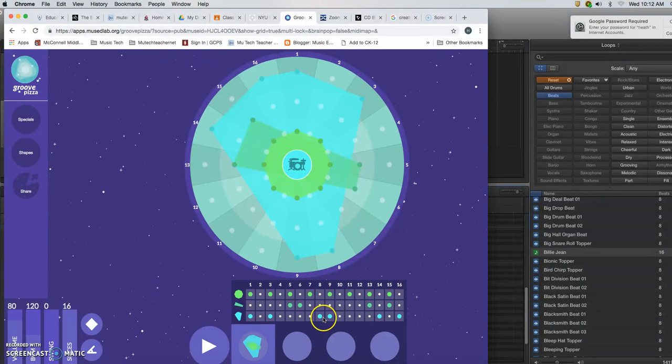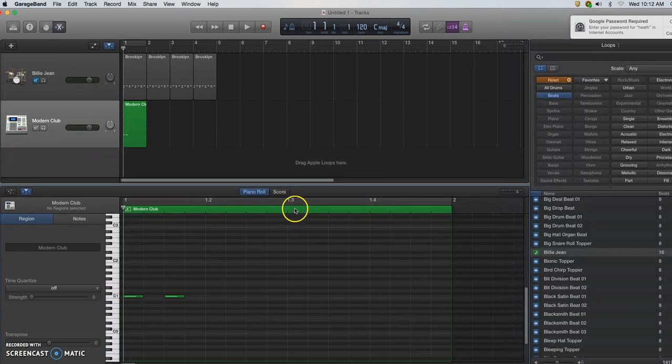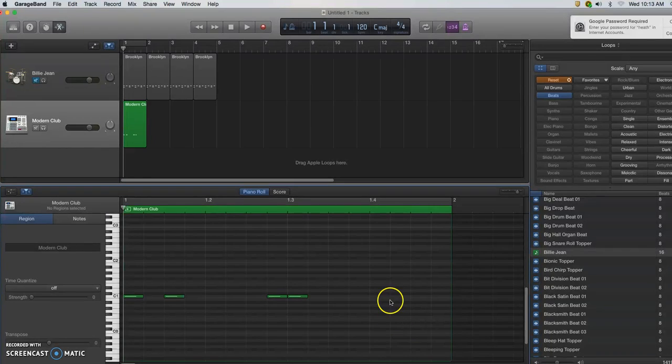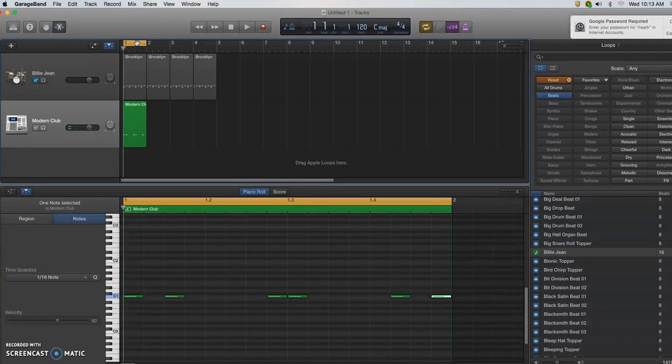Then if you go back and use the diagram in the slideshow that I gave you, I can see that 9 would be beat 3. So I added a sound on beat 9 and then just before beat 9. So here's 3. I'm going to come down and put one on that beat and then a sound just before it. Go back to Groove Pizza, and then 14 and 16, which is going to be in the last beat. So that would be here and here. Okay, so if I turn my cycle on,